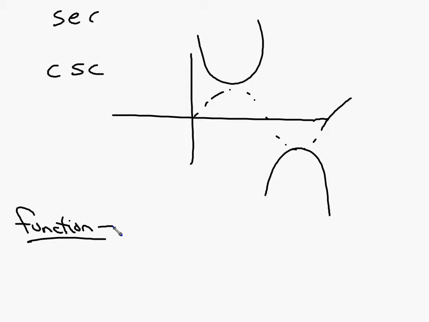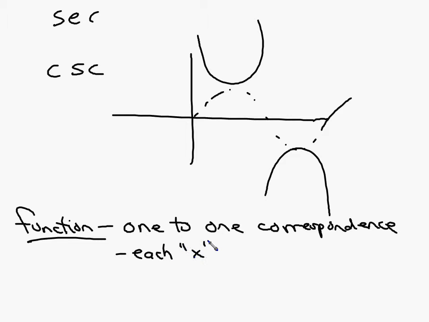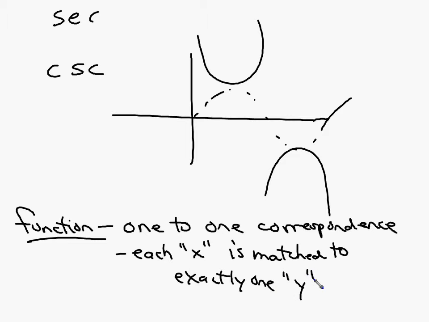Okay? Well, a function is that one-to-one correspondence. What do we mean by one-to-one correspondence? We mean each x, I'm just going to put it this way, each x is matched to exactly one y. And we spent a good bit of time last year talking about, is this a function or